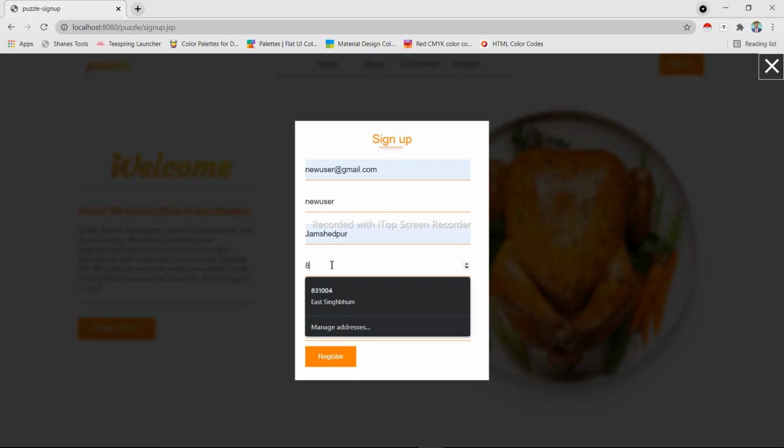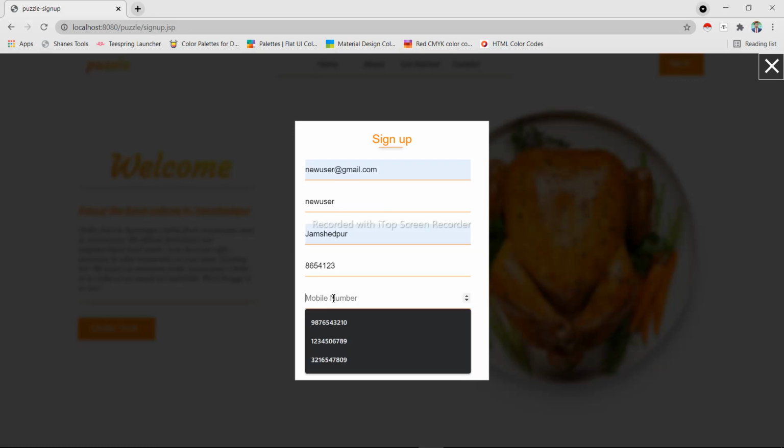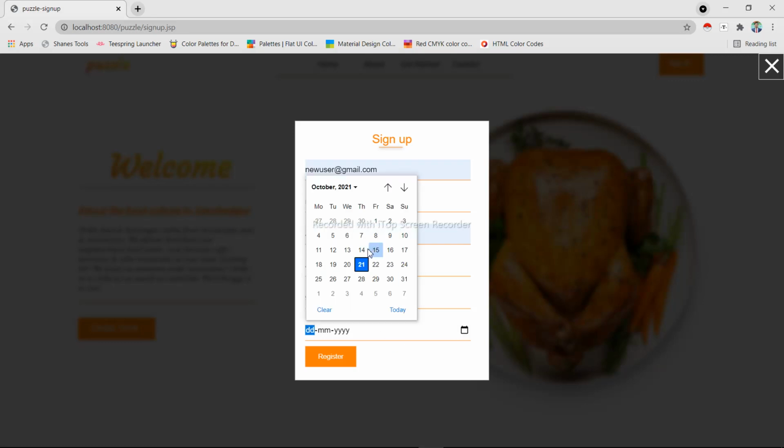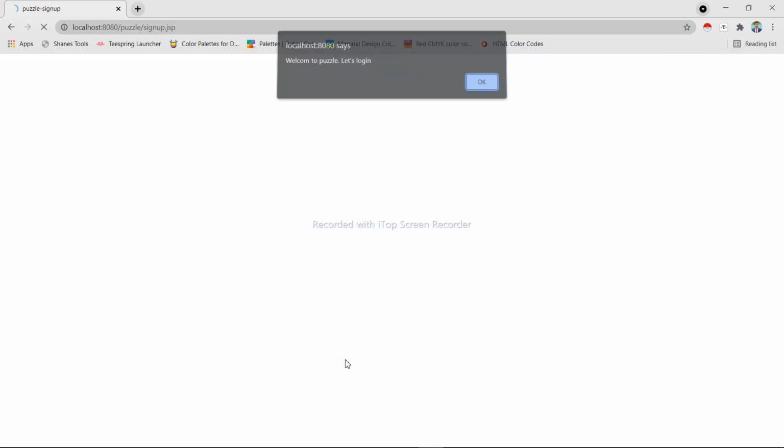Pin code, I am giving a dummy pin code for now. Mobile number, I am also giving a dummy mobile number, and for date of birth, let's select a dummy date of birth and register him.